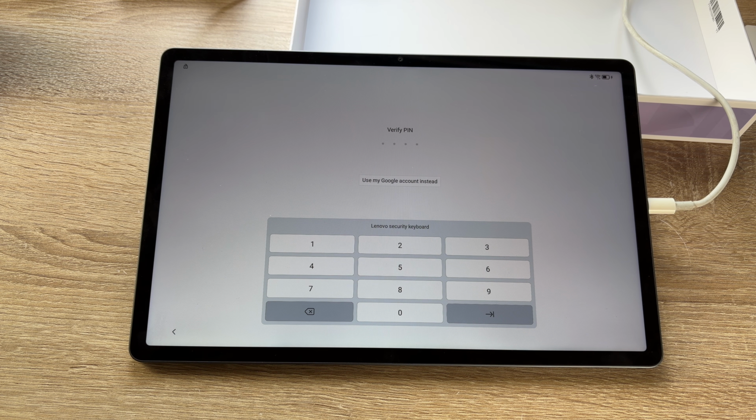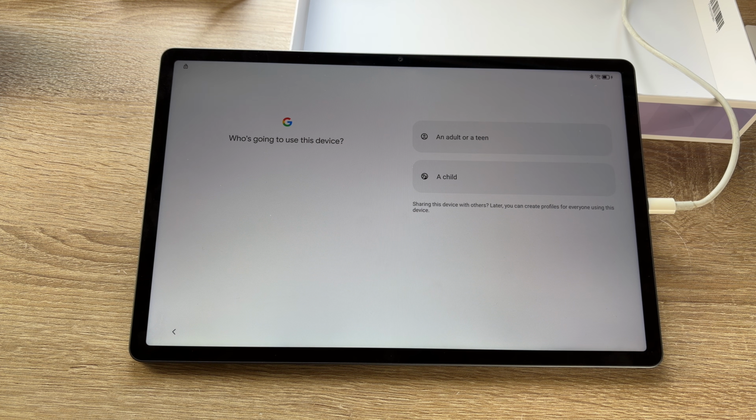Access, of course. Here you see something else. You see this tablet is locked by a Google account. I have to enter a verify PIN for this, and then we can go to the next step. If you remove this lock before you do a factory reset, this step is not included in your setup process, of course.